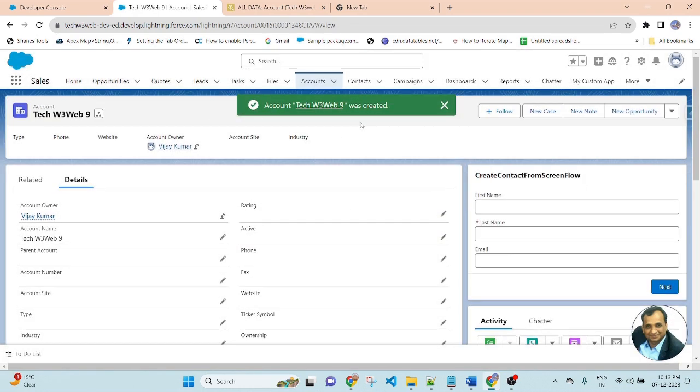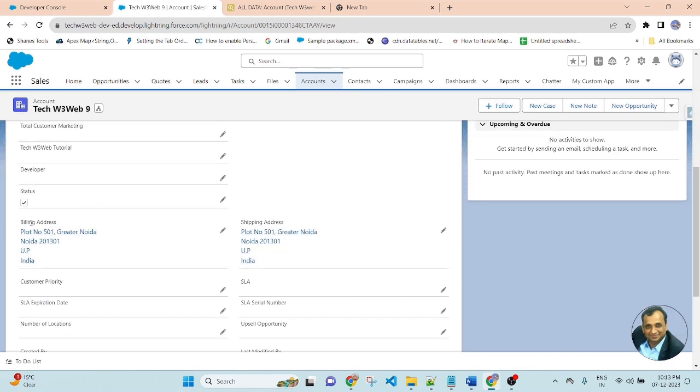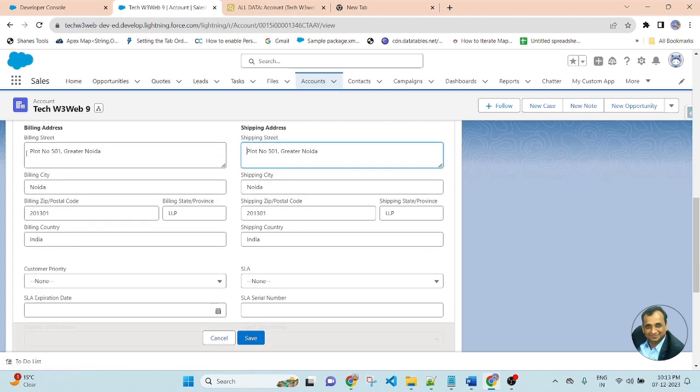The record has been saved successfully. Now let me check. Here you can see the billing address and shipping address have the same values. If you edit the record, you will see the billing address same as the shipping address, billing city same as shipping city, billing zip same as shipping zip, and state and country are the same.